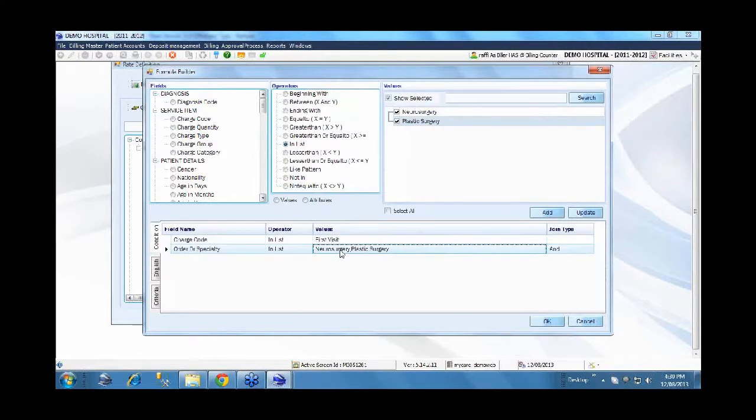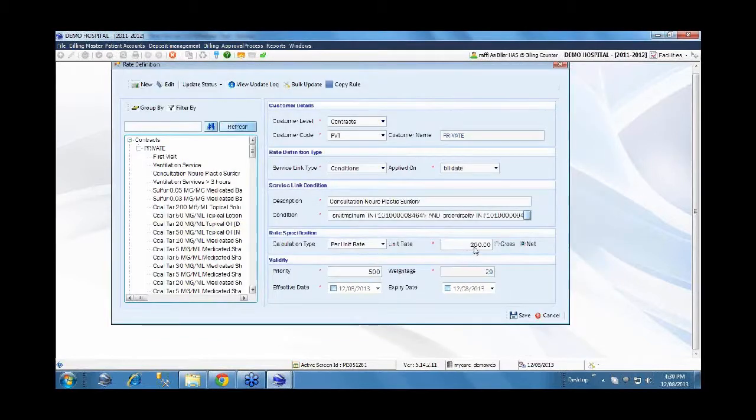So I am specifying it as a condition, and then I am saying for this condition the consultation rate needs to be overridden as 200. We say the rate is 200 like this, and the system will automatically, depending upon the specialty, charge 150 for any other specialty. For this particular specialty alone, it will charge 200. So this is one variation to it.